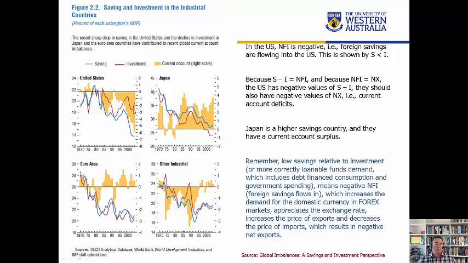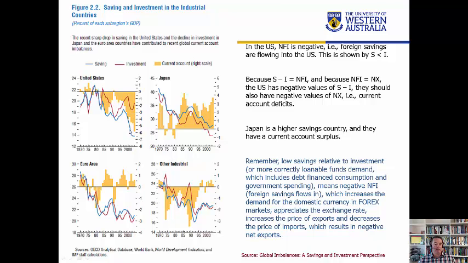The yellow columns are measured on the right-hand axis as a percentage of GDP as well. Now in America, we can see that savings is far less than investment. That then leads to current account deficits, because in America what's happening is the shortage of savings causes an inflow of foreign savings that appreciates the exchange rate, and America then runs a current account deficit as a result. So America has been drawing on foreign savings to fund its savings investment gap.